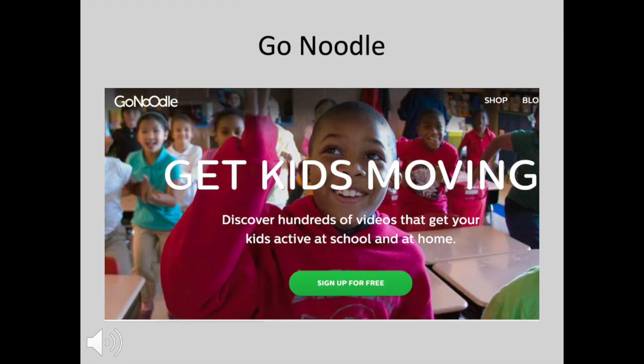GoNoodle turns movement into a game and makes it easy to be active. The kid way. Silly, energetic, playful, and fun. Just press play on hundreds of custom-created videos, and it gets kids running, jumping, dancing, stretching, and practicing moments of